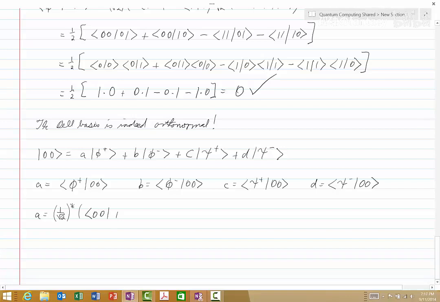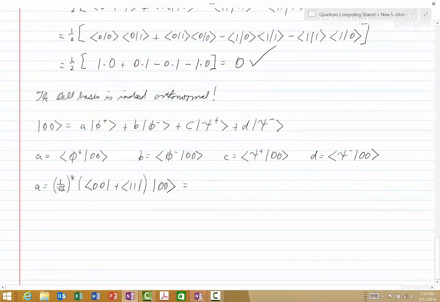Zero, 0 plus 1, 1. And here on the right hand side we have 0, 0. So this is equal to 1. Of course, the complex conjugate of 1 over square root of 2 is just 1 over square root of 2. And we'll have 0, 0, 0, 0 plus 1, 1, 0, 0. And that is equal to 1 over square root of 2